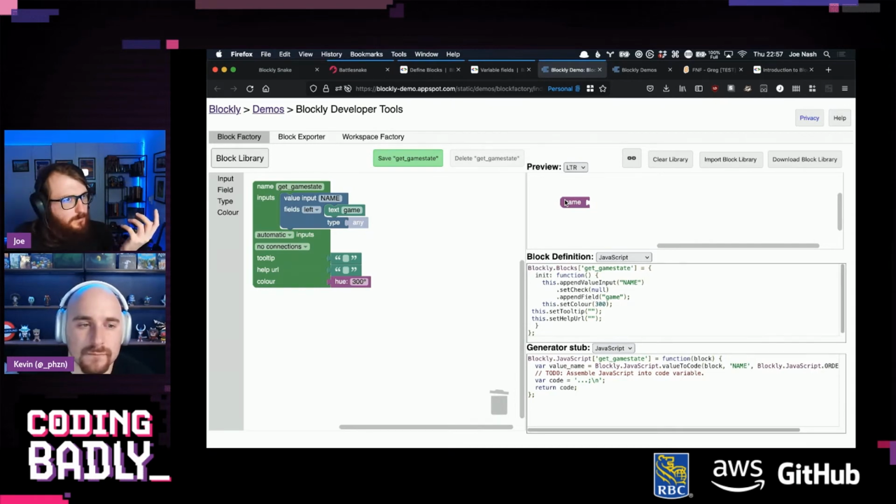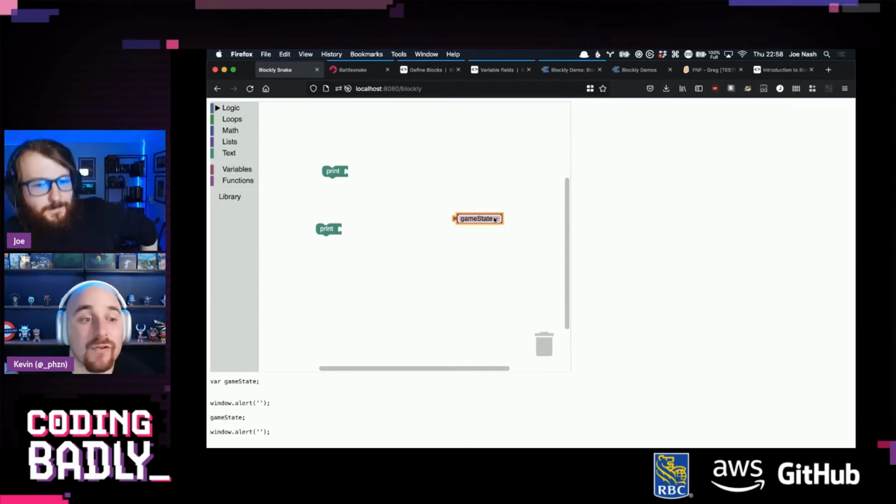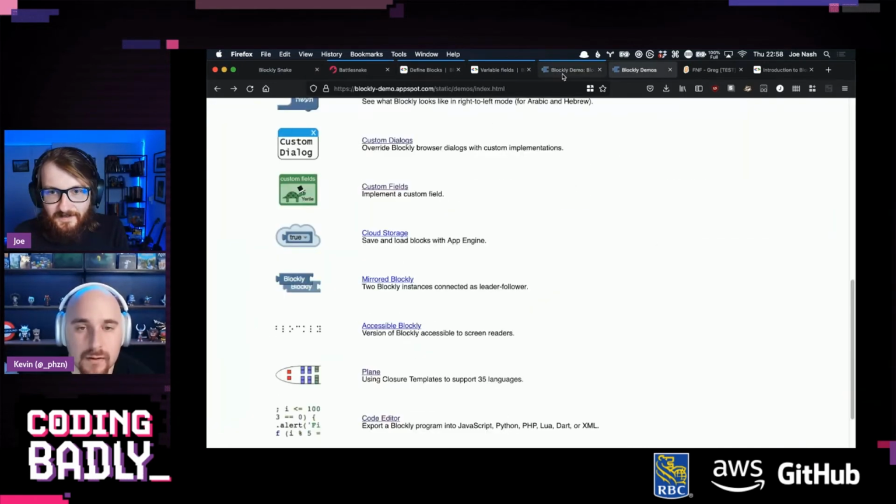Oh no, hang on. Did we solve this? We solved this already. This is what this does. We plug this into it. This is creating... Yeah, and then we need to feed game state into our new block. Our new block, yes. Okay, so this is good. This is actually what we want.